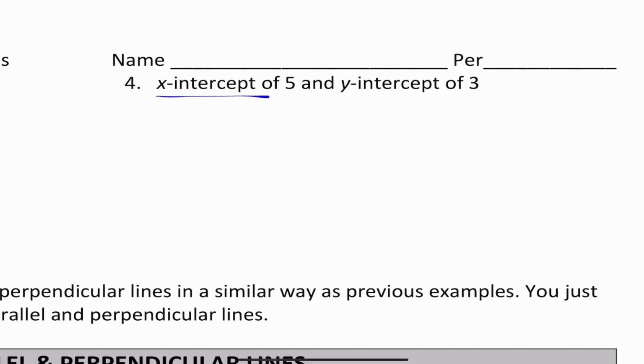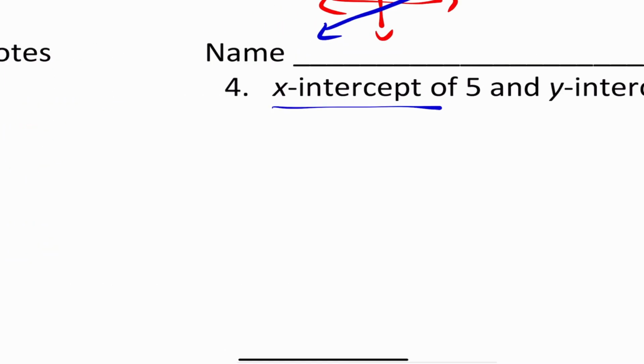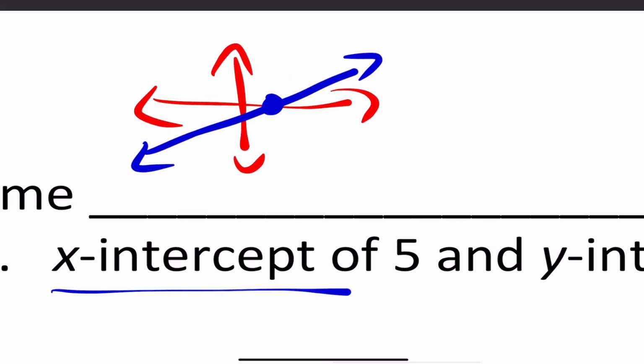And the x-intercept is essentially where the line crosses the x-axis. So you see my line here? Let me use a different color. So here is my x and y axes. And then this is my line. And notice, if we zoom in, this is where the line crosses the x-axis, and it's always in the form